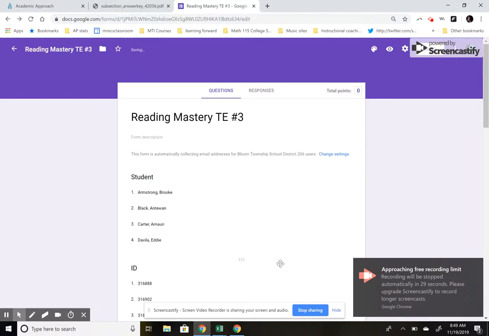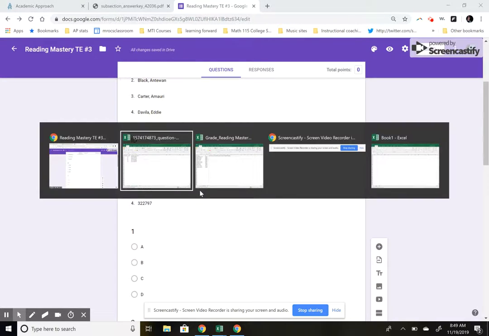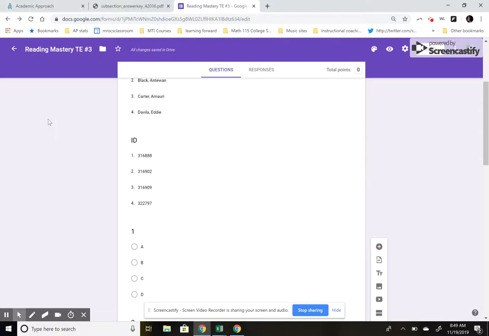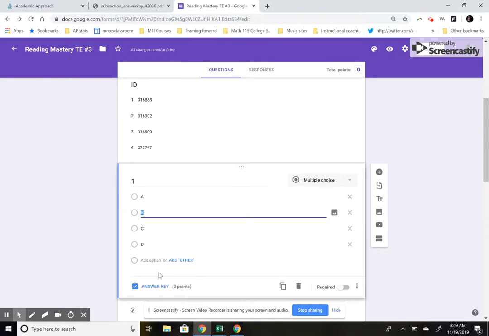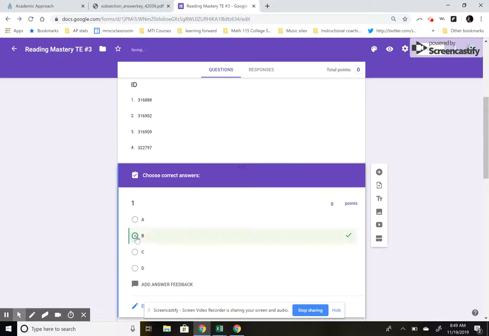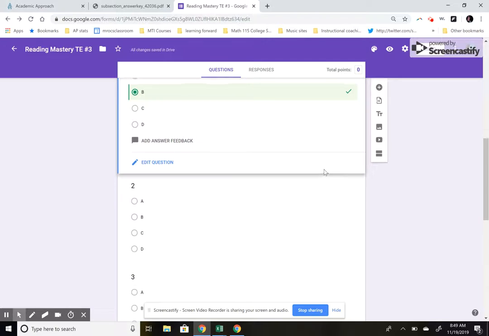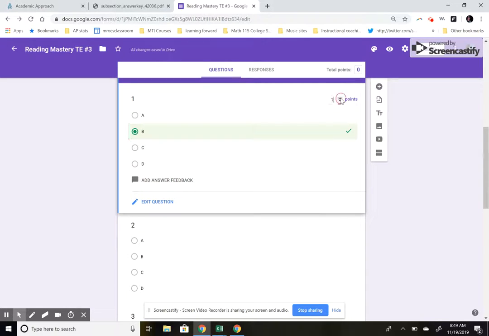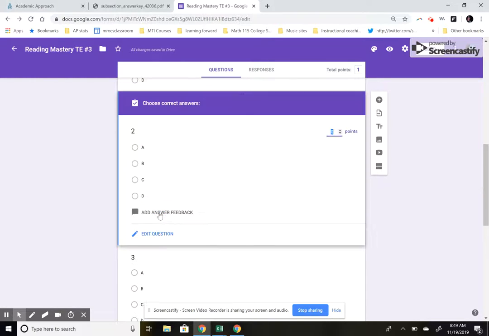So now we're going to go through and put in the answers. The first one is B. B, B, B, D, B, A. So we want to make the answer key worth 1 point. We want to make it worth 1 point, so we've got to go back up. Oh, there we go. And we're going to do this for every single one. We are about out of time on this one, but we'll pick up